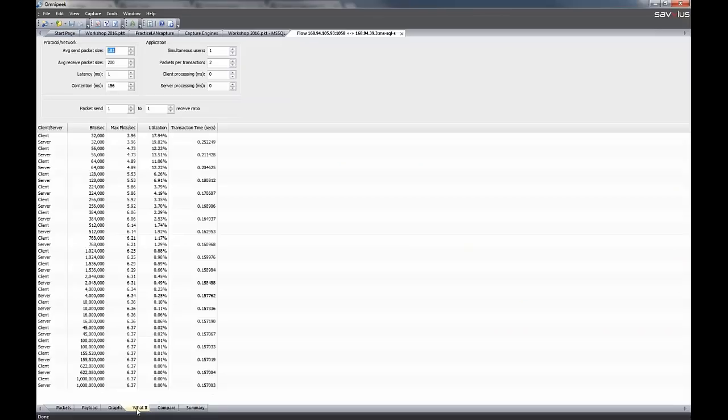these are useful for. I have a what if, which is great if I'm taking a baseline of an area, like let's say, hey, my QA team is going to be having more simultaneous users. How's that going to impact traffic if instead of 1, I have 5? And it'll do those calculations for me. So I can do a little predictive load information, and you can do that if I change the latency because I moved a server somewhere else, if I have more client processing time, more packets per transaction, all those